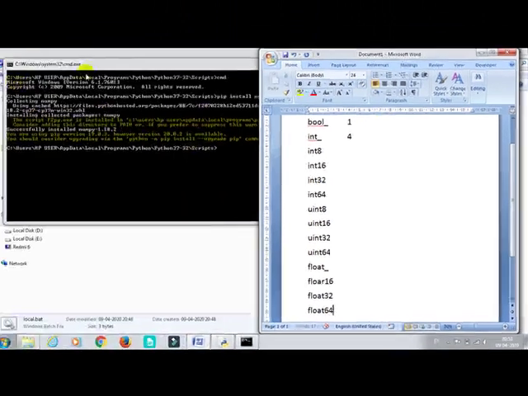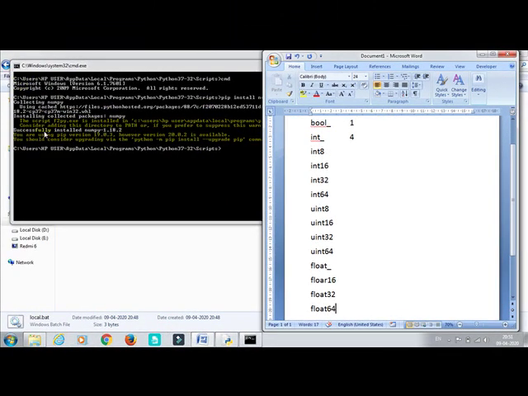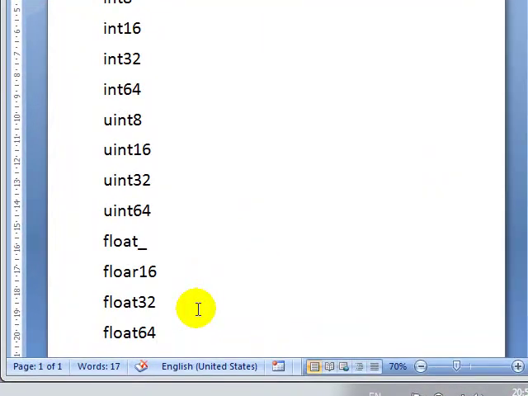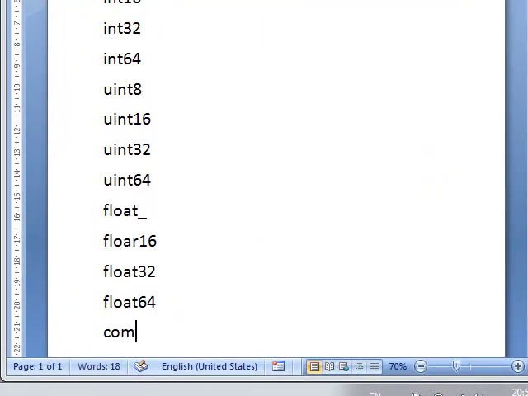You can see here NumPy has been installed successfully. Let us see these data types, then we will proceed. Float64. Then there is a complex data type, complex underscore. This is a default type.